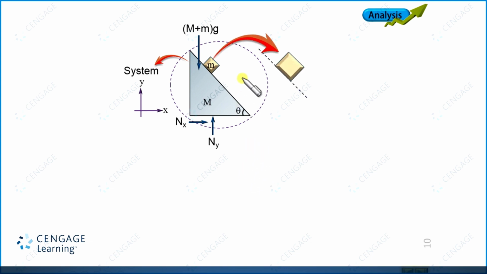So let us find the acceleration of this small m, because acceleration of capital M, as we discussed, is 0. Then acceleration of small m should be along this inclined surface, and it should be equal to g sine theta. Let us make the horizontal and vertical component. For the horizontal component, we know this angle is equal to theta. So the horizontal component is the component of this acceleration in rightward direction. So this is equal to g sine theta multiplied by cos theta.